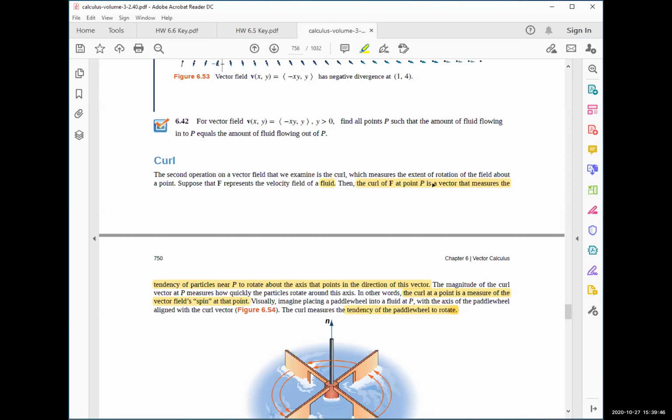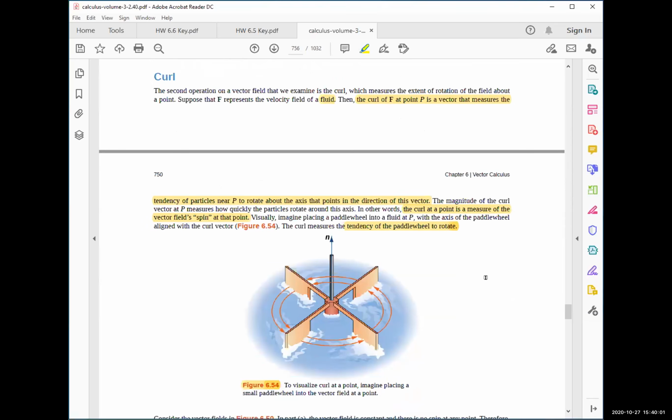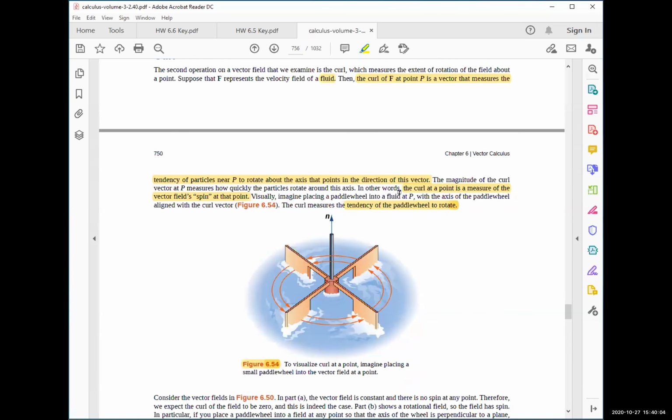The curl of f at point P is a vector that measures, watch this, the tendency of particles near P to rotate about the axis that points in the direction of this vector. So you calculate what is called the curl. And maybe another better way to do this is this. He says, in other words, the curl at a point is a measure of the vector field's spin at that point. So imagine, and this is a good analogy,